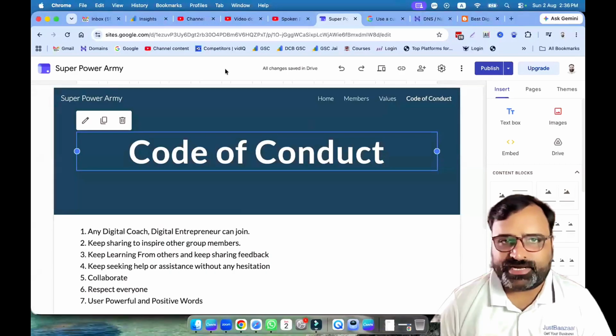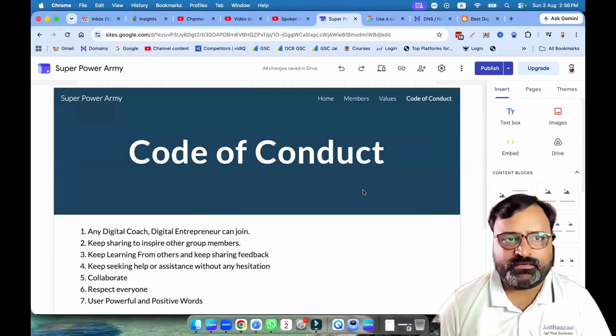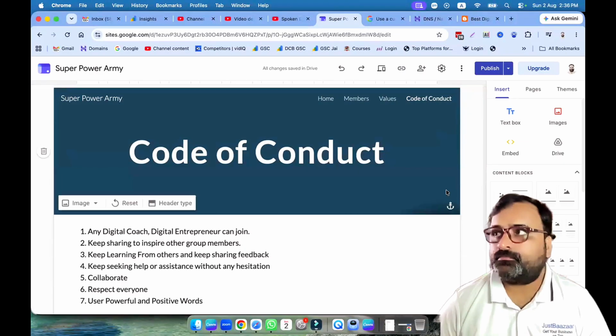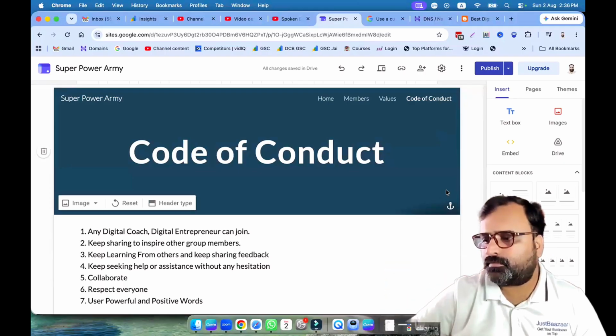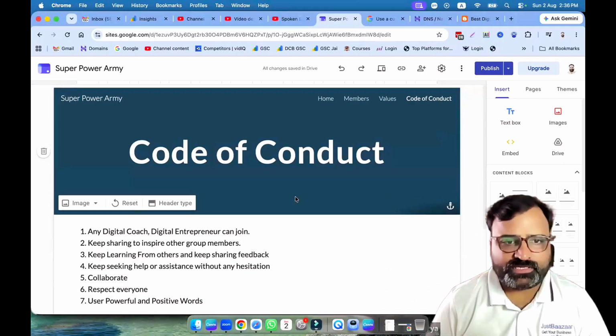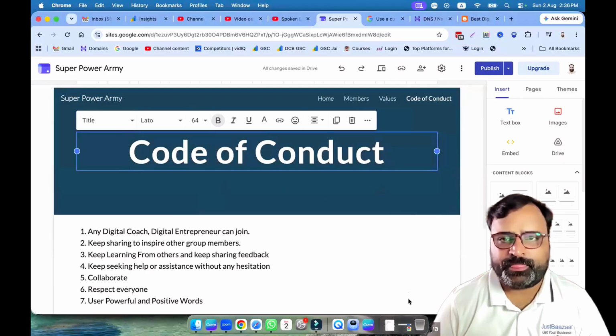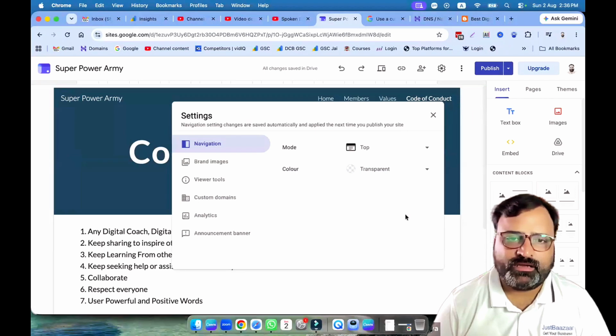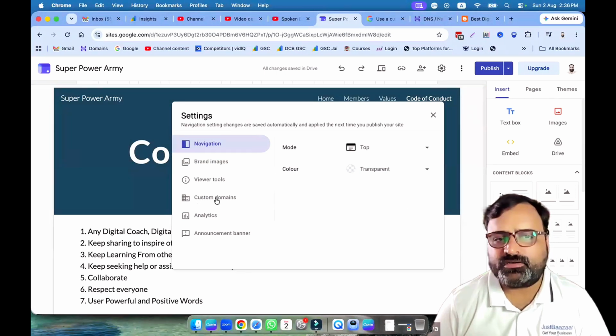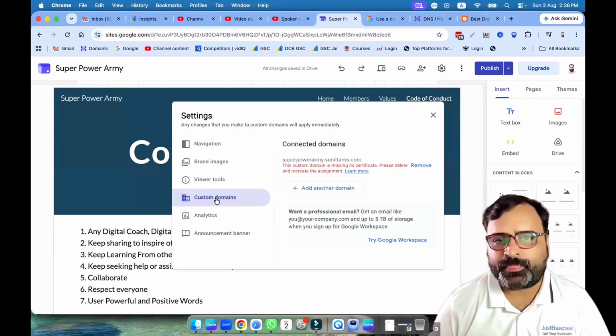You go to your Google Sites and open the site you want to connect with your domain. Then simply click on this gear icon, settings. Inside the settings, you have this option called custom domains. Here you can see the